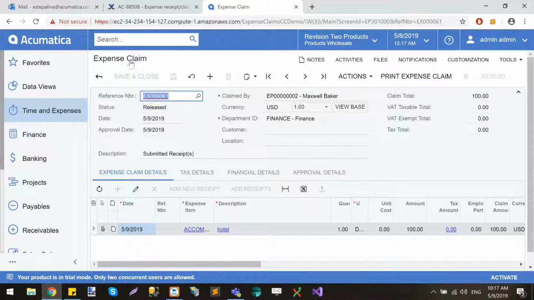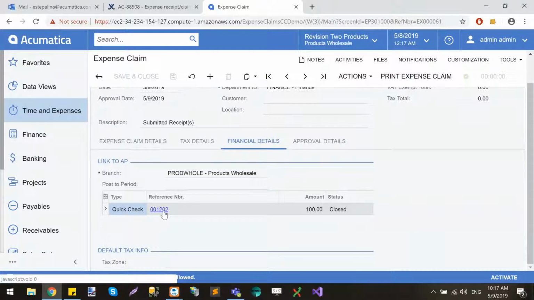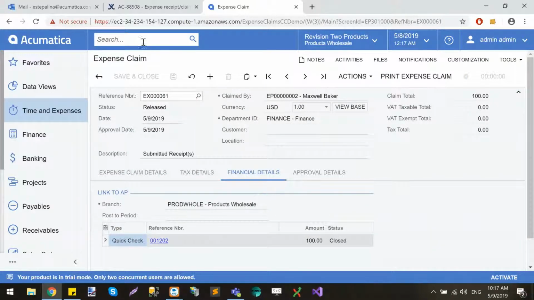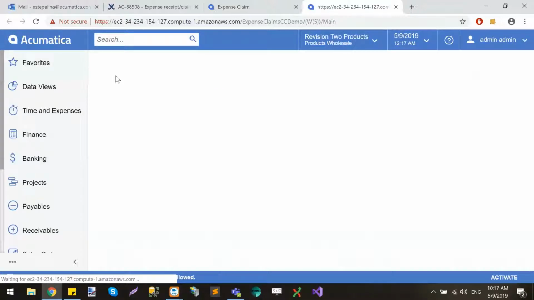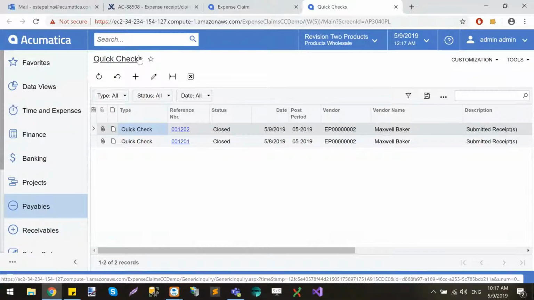At this moment, I have released an expense claim which captures this hotel expense. At this moment of time, if you use this navigation link, it will open a weird screen. This is a known issue we are working on. I would recommend, for demonstration purposes, to go to quick checks, because in the situation with